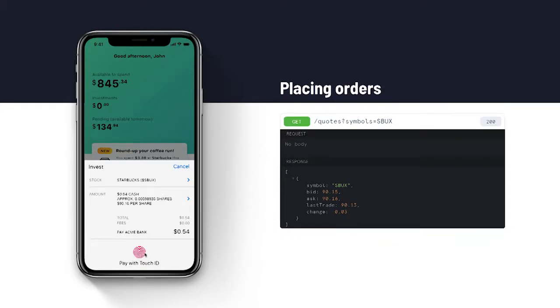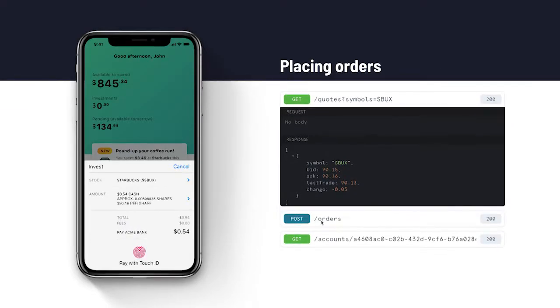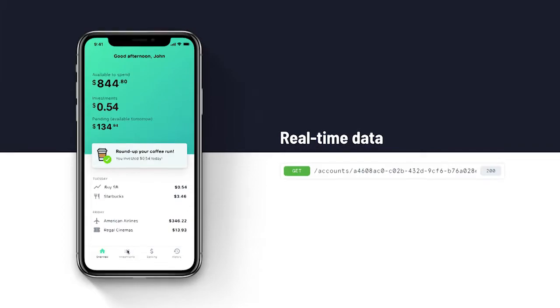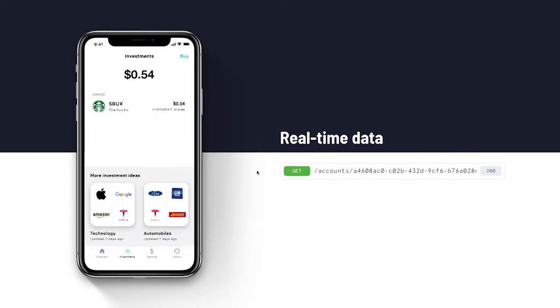And what's even cooler is as soon as I do this, there is no waiting. We send that order to DriveWealth, and even if you're not a programmer, you can see just how simple this is. I sent in the account number, I want to do a market order of Starbucks, and I want to spend 54 cents. And our system will accept that order and fill it just like any other order on our platform. So I go back here, I go back home. Now my screen looks a little bit different, right? I have my investment balance on the top. I can go into my investments tab,